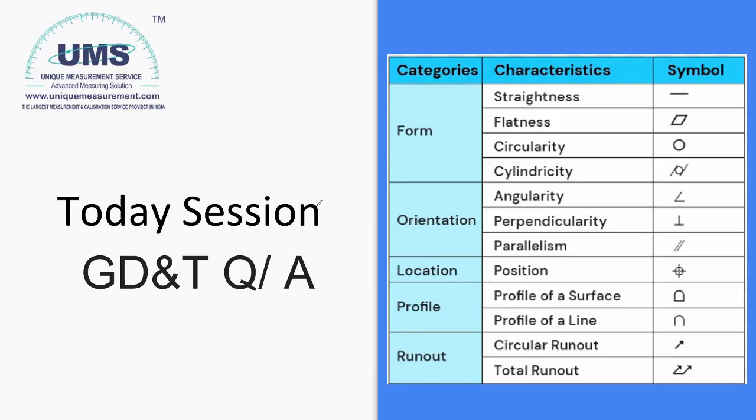Whenever we assemble two parts together, there are two types of assembly that are possible. Whenever we have a clearance hole in both the parts, we call that a floating fastener. And whenever one of the parts has a threaded hole and the other a free hole, we call that a fixed fastener. So for that we have a formula, but not for true position.